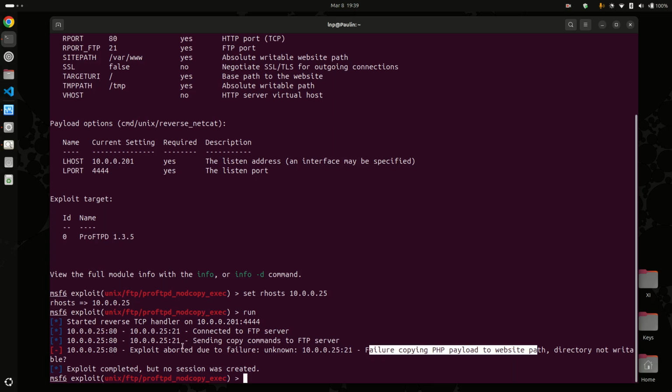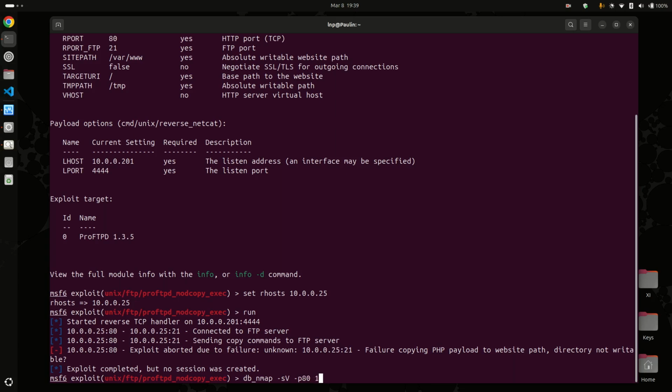Okay, so it looks like what the module does is send a payload onto the target using port 80. So there's probably something running on port 80. It sends that payload and then runs the payload, so we can then receive a reverse shell. So I'm just going to scan that target again to see what is running on port 80. I'm going to do db_nmap with service version, just on port 80,